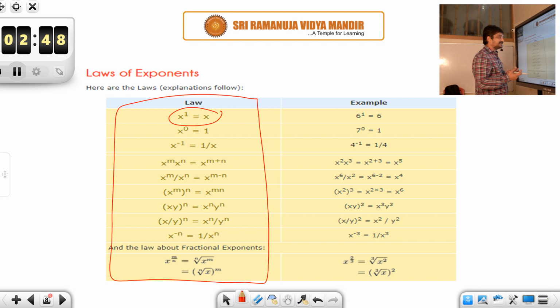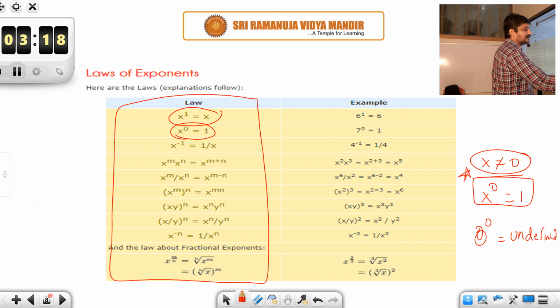That is, anything raised to the power 0 is 1, except when the base x is equal to 0, and x power 0 is always 1 whenever the base is raised 0 times. Okay, remember this one. Here x should not be equal to 0. 0 power 0 is undefined. Okay, this is a philosophical question, so don't bother about this. 0 power 0 is, for the time being, memorize it as undefined.